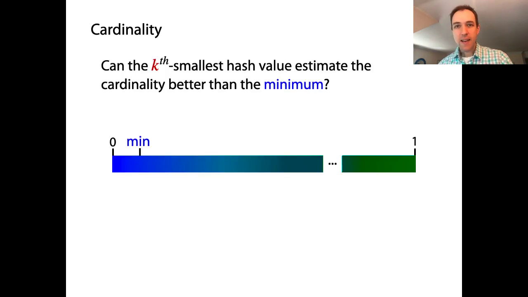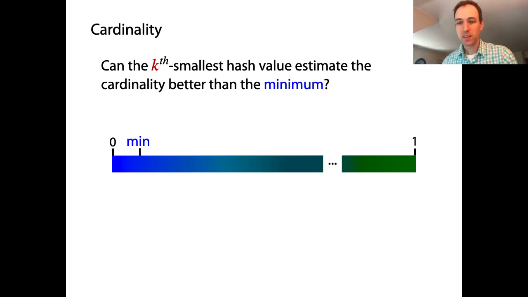So let's say, just to generalize a little bit, that instead of taking the minimum value from among the cards in the hat, or from among the hash values from the data set, we take the kth minimum. What do I mean by kth minimum? Well, instead of taking the minimum, we could take the second minimum, or the third minimum, or the fourth minimum. And I'm just using the variable k to represent that we can pick how far from the bottom of the list we're going to go in terms of